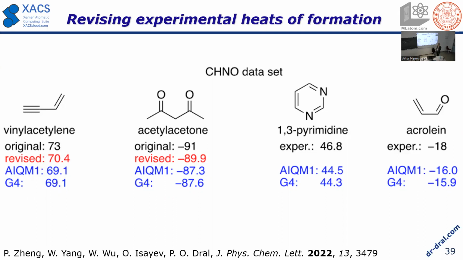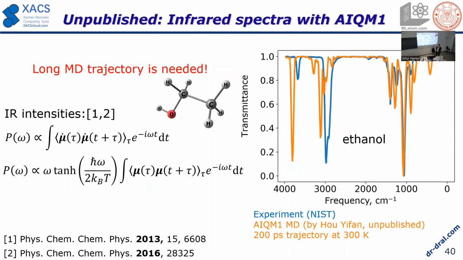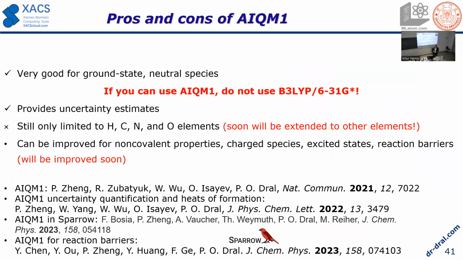So we actually can generate lots of data with this method. Then you can use it for different purposes without paying. So if you want to run MD, you can run MD. Then you can get dipoles. You can get infrared spectra, which have some agreement with experiments, which is not that bad, I would say. There are some issues here with quantum effects for hydrogen atoms, but that can be solved with PIMD.